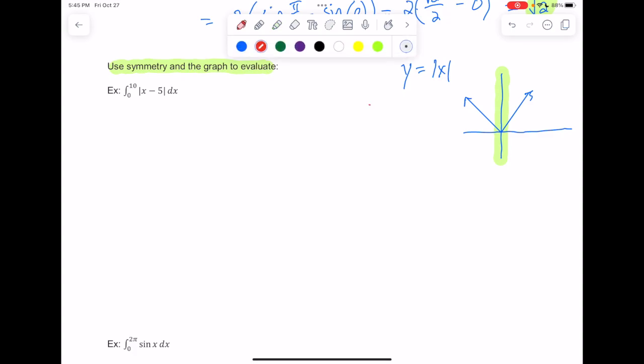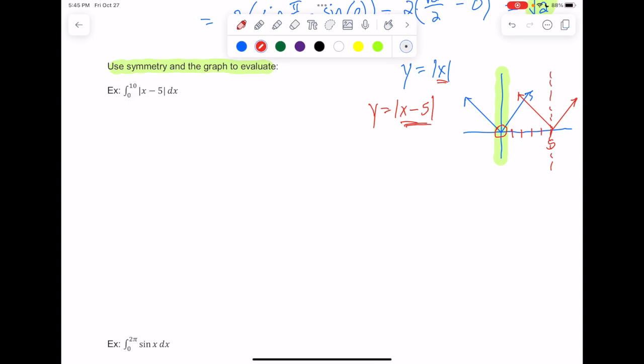Our function is y equals the absolute value of x minus 5. So what does that minus 5 do? Well, where was the kind of sharp point on our V? It was when the inside part was equal to 0. So when is the inside piece here equal to 0? That would be when x equals 5. So what happens is this graph just gets moved over 5 units, still has that V shape, just slid over. But the symmetry is there. The symmetry now, though, is about the line x equals 5.